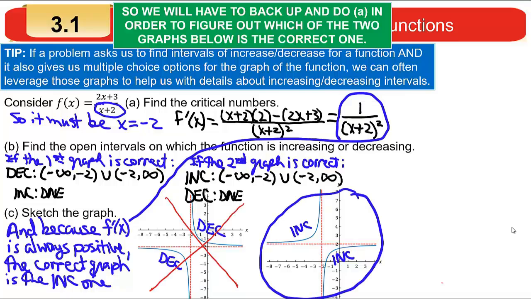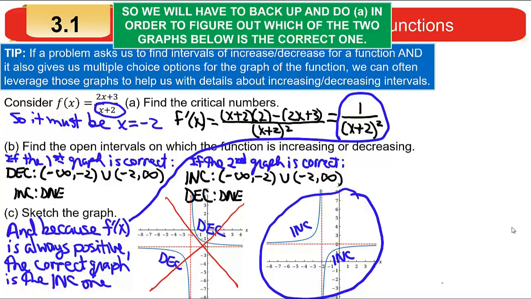So again, I'm introducing this example as an effort to push your level of thinking up to a higher level, so that you're thinking about this in terms of, I've got a bunch of tools, and some of those tools I learned back in pre-cal, and if I can apply some of those, I can. When I get to the point where I can't go any further with that, then I've got to go back